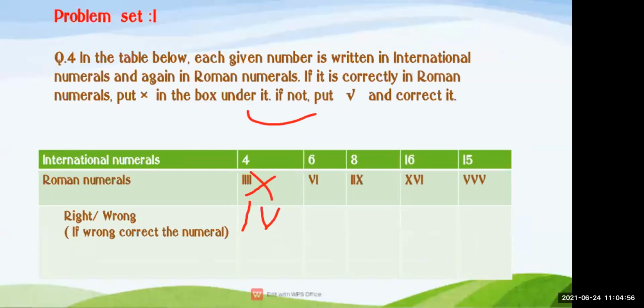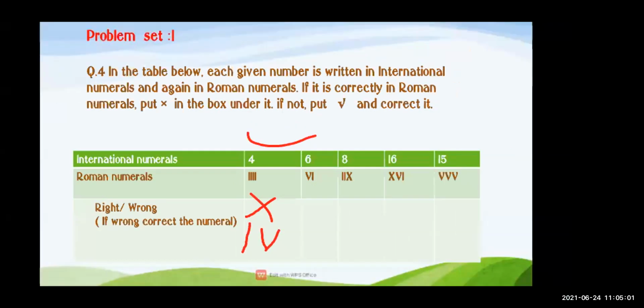Now the next question. Next is 6. Is 6 right? राइट है क्या? वेरी गुड, इट इज राइट, क्योंकि 6 कैसे लिखना है? V and I. So what I should do here? Putting only right. Now next is what? 8. Is it right? 8 is written over there. No, it is wrong. So what is the right answer? Very good. How you will write 8? Very nice. You will write 8 in the form of V-I-I.